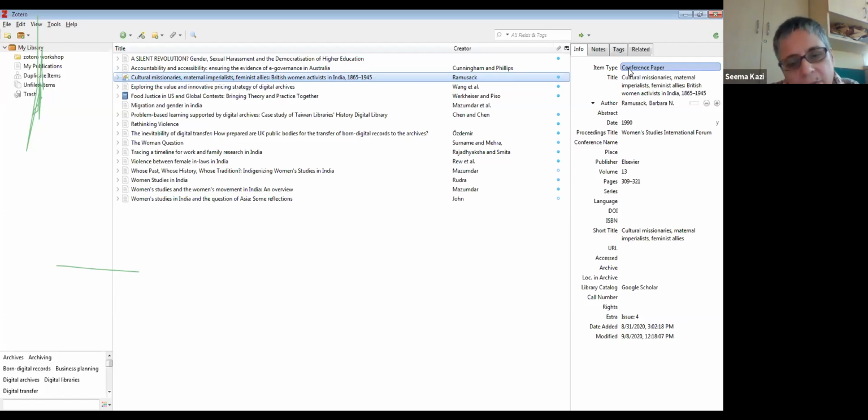For example, if you want to prepare a bibliography, you can just do it wherever EndNote is installed. It's very easy and it saves a lot of time. But it's up to people. It's not a competition. It's just that this software is there and it'll be good if it's used also with Zotero.